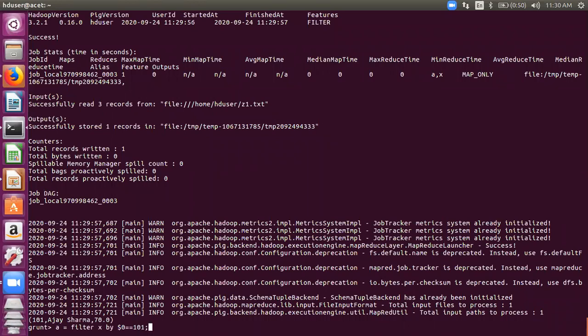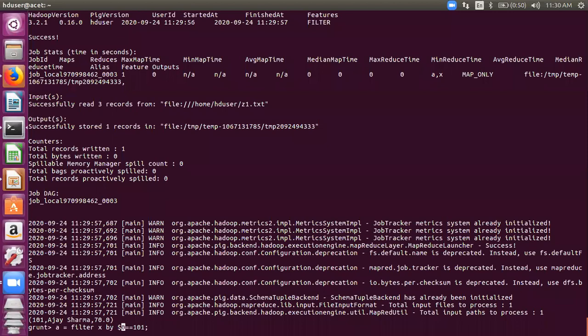So this is equivalent to your SQL query: select this from this where role equal to 101, right? Remember that query? The same queries are now coming in front of you, but these queries are very powerful simply because they can take care of millions of records in a few seconds, or even a few milliseconds. I'll show you today a simple snapshot of a huge data set so that you appreciate the processing power of Pig.